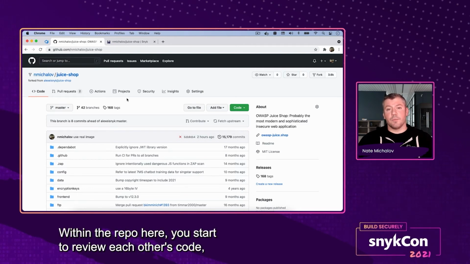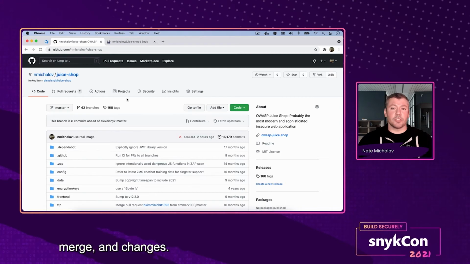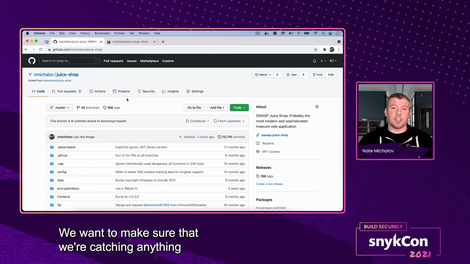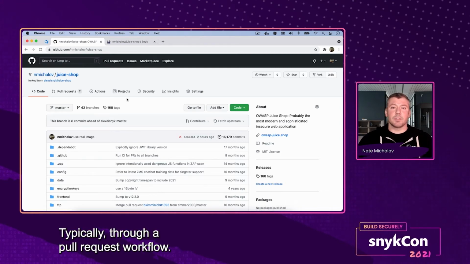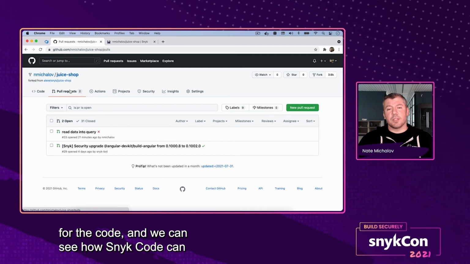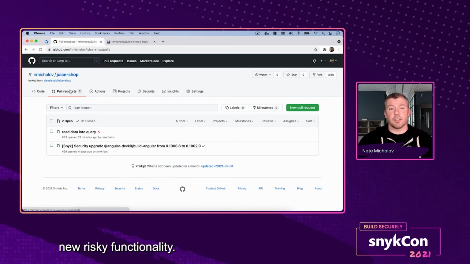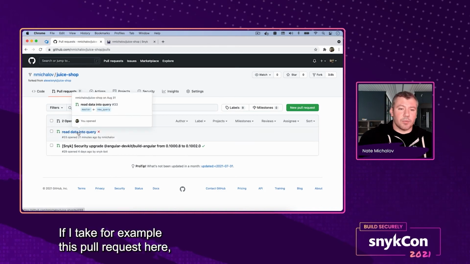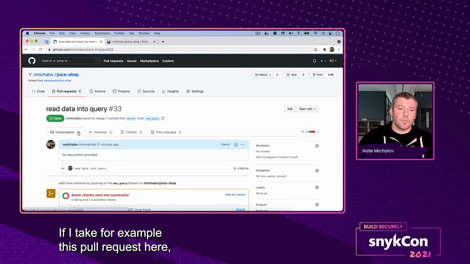Within the repo here, we start to review each other's code, merge in changes, and we want to make sure that we're catching anything that might introduce new risks, typically through a pull request workflow. So I can see where new changes have been recommended for the code, and we can see how Snyk Code can guard against anything that might introduce new risky functionality. If I take, for example, this pull request here, read into query data,